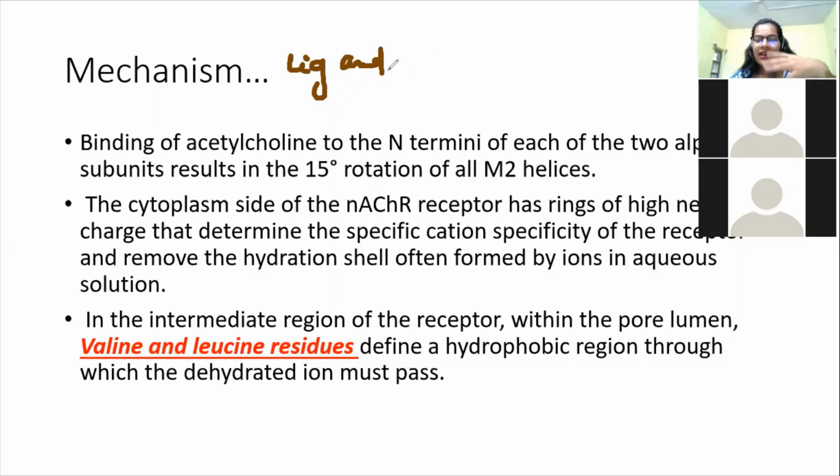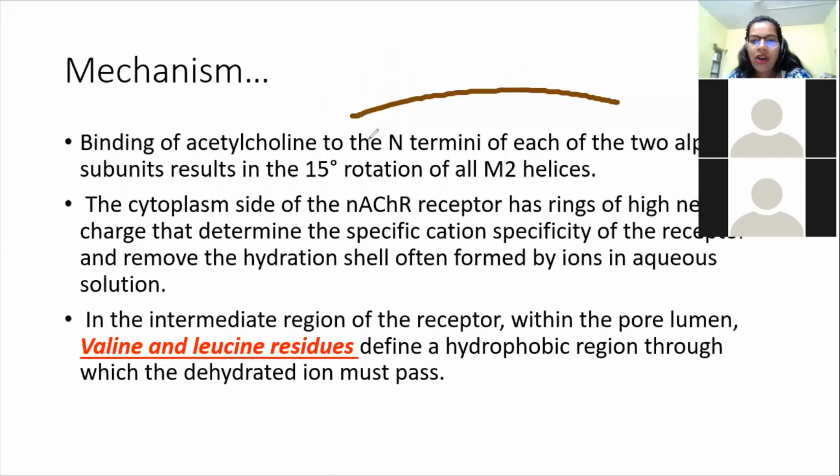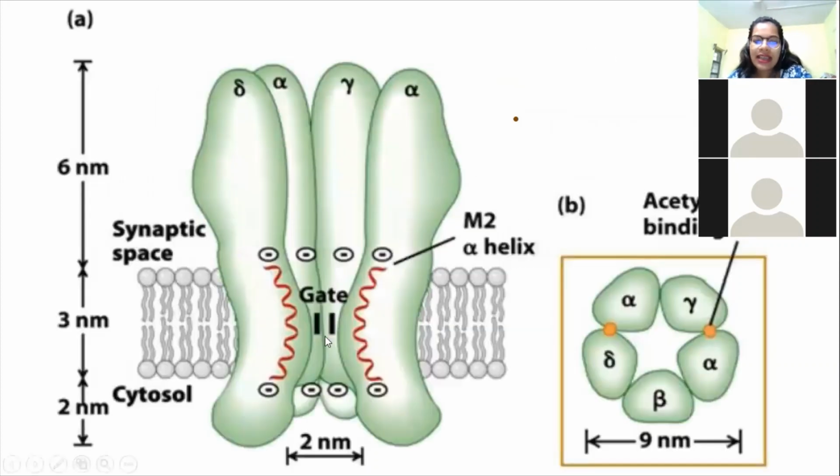Okay, let me just explain once again. So here ligand is your acetylcholine. Now it has been released from your presynaptic neuron, from the vesicles, into the synaptic cleft. Now what is happening is, you have got the postsynaptic neuron, and here your receptors are there. So this figure is clear. It is present on your postsynaptic neuron.